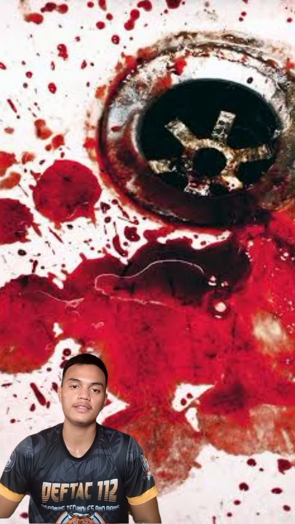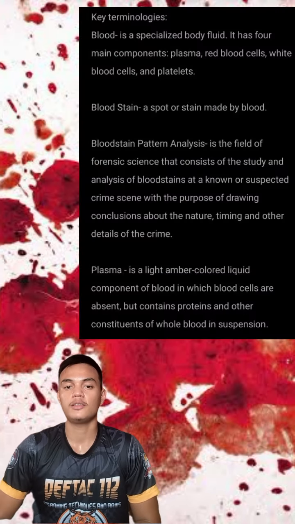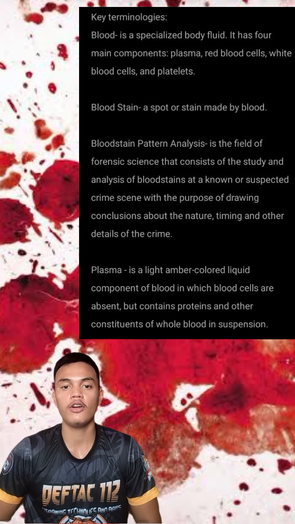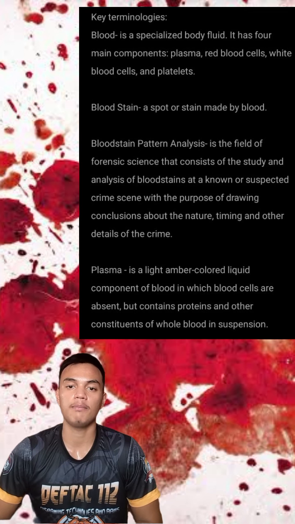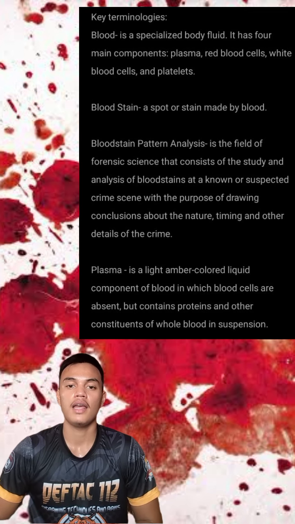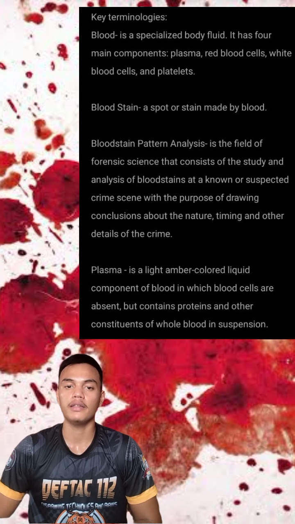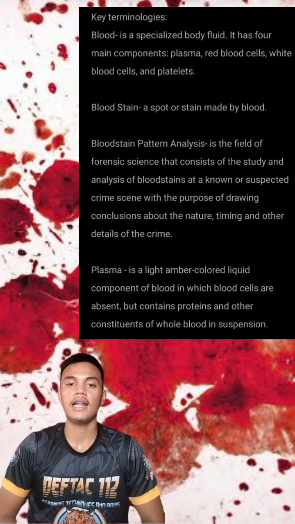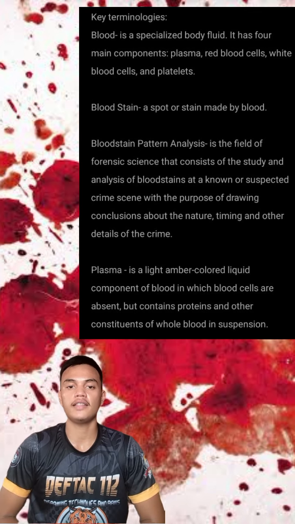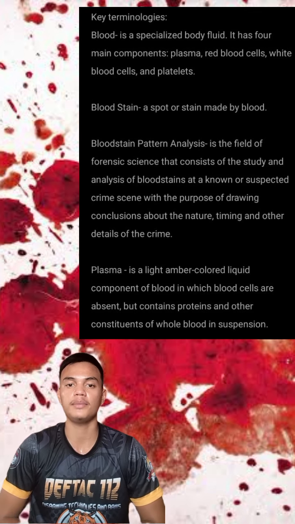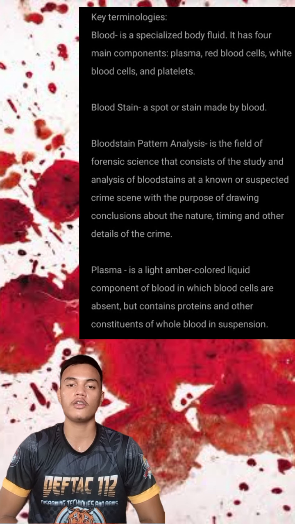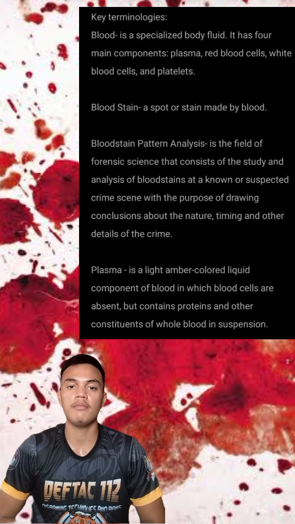Key terminologies. Blood is a specialized body fluid. It has four main components: plasma, red blood cells, white blood cells, and platelets. Blood stain: a spot or stain made by blood. Blood stain pattern analysis is the field of forensic science that consists of the study and analysis of blood stains at a known or suspected crime scene with the purpose of drawing conclusions about the nature, timing, and other details